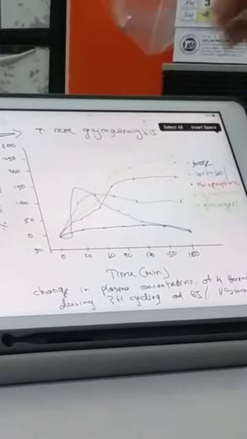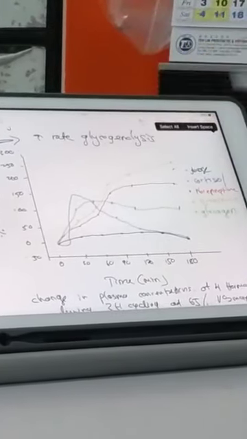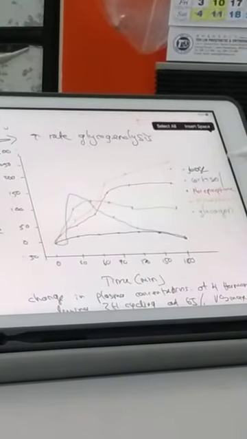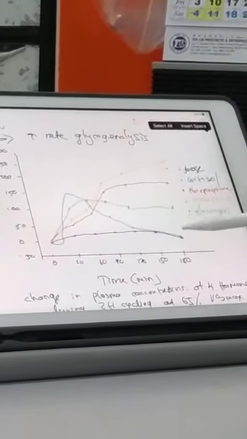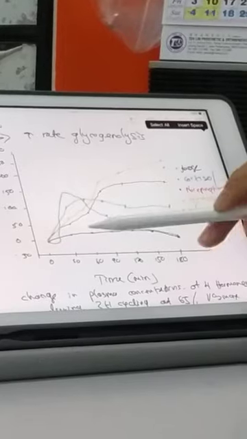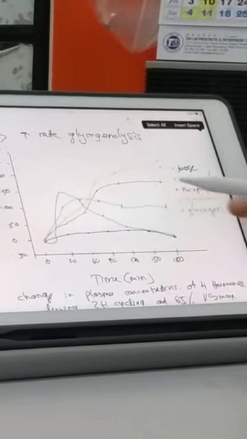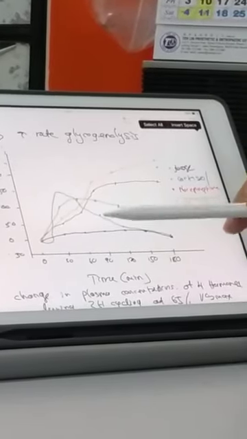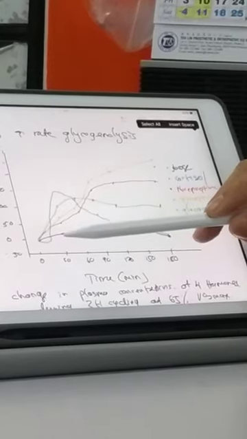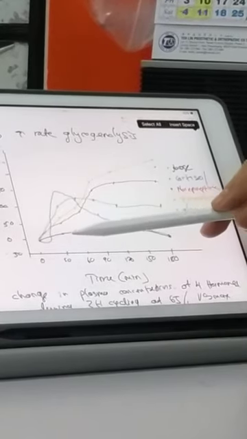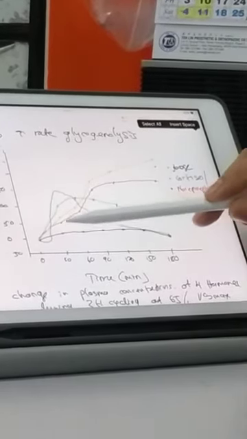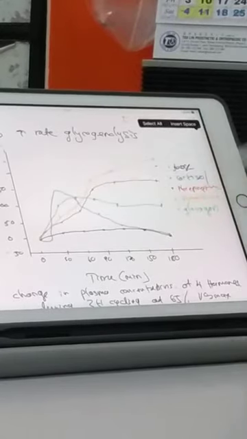This is the graph which shows us the change of the plasma concentration of the hormones during 3 hours of cycling. From this graph we can see the purple color is the glucose, which is constant, it remains constant. The cortisol for the first 30 minutes is at a low level, but after the 30 minutes, it will spike up